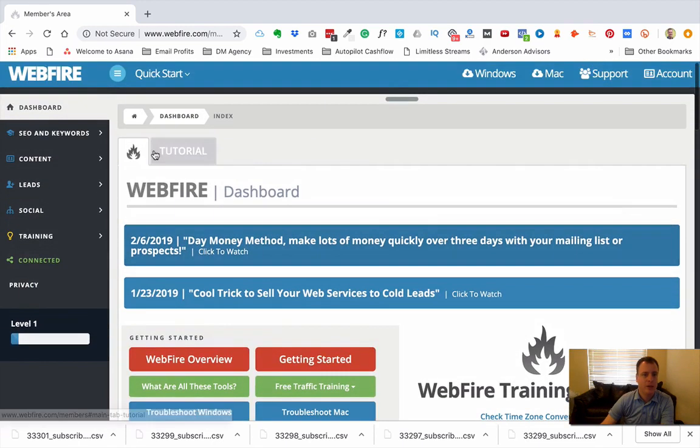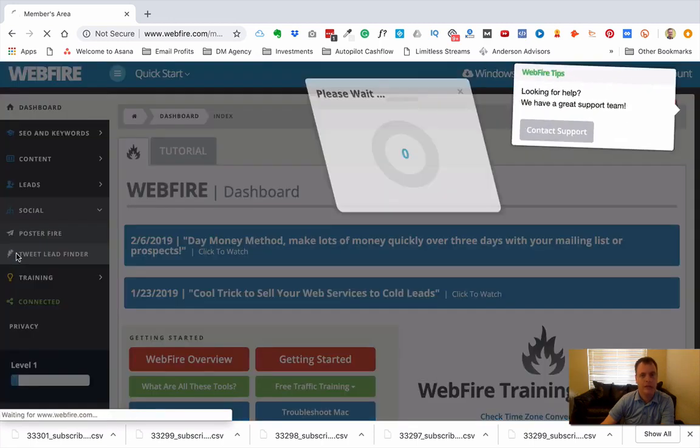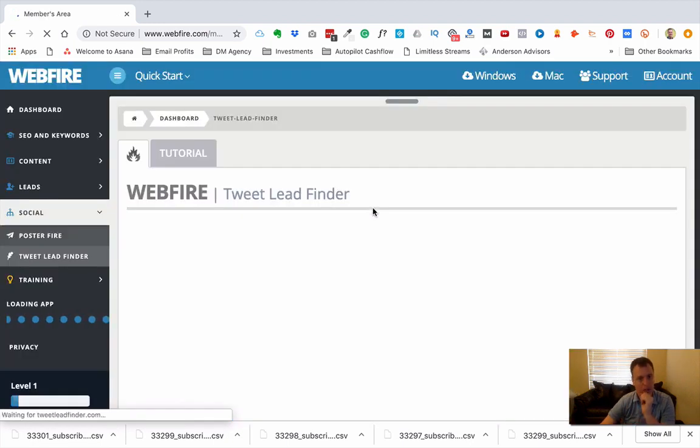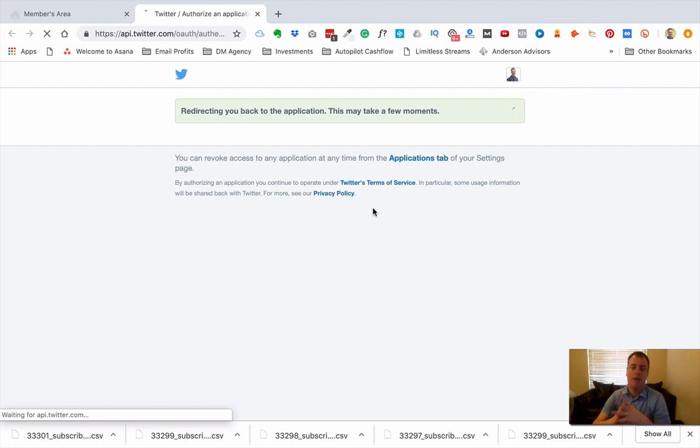So that is all for that. So social, there's one that I do want to show you, but it's going to take a second, so let me get that loaded up. This one's called Tweet Lead Finder, and this is really neat. It could be really actually a cool app to use if you are a local business and you do, like, let's say home services, because